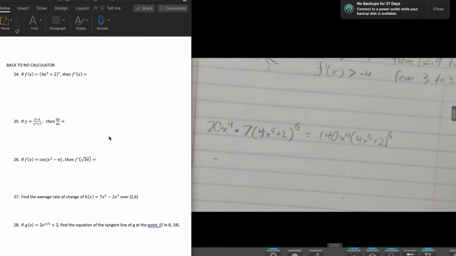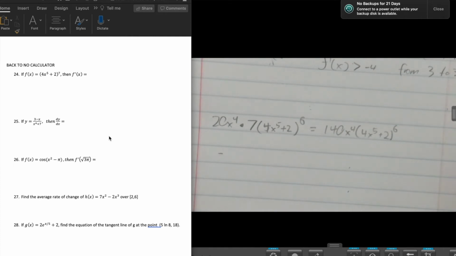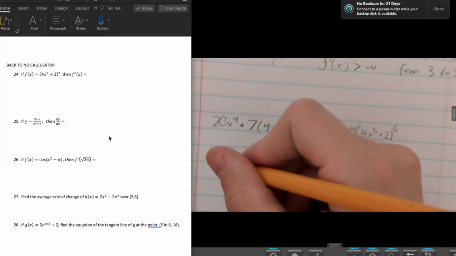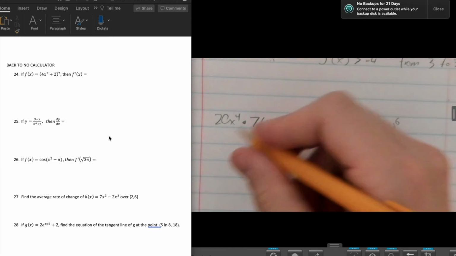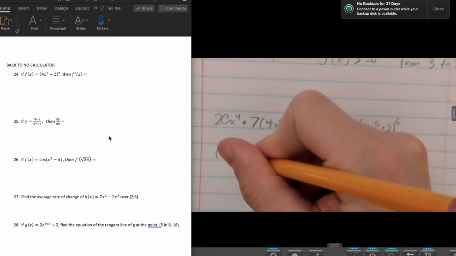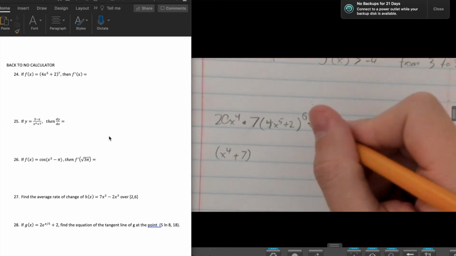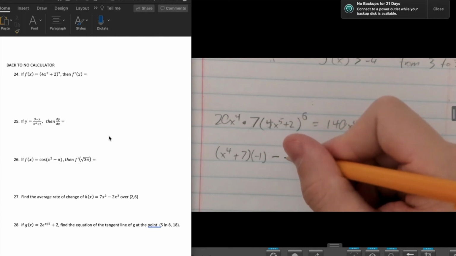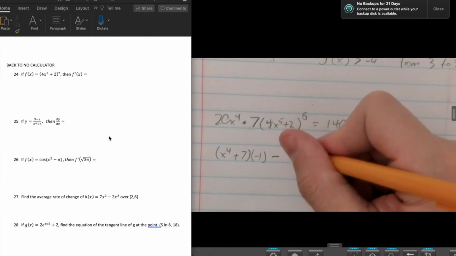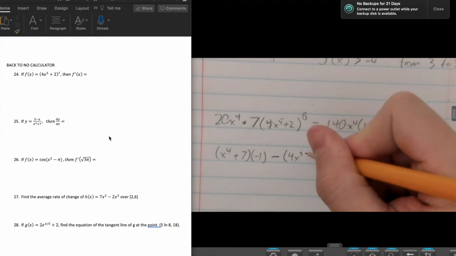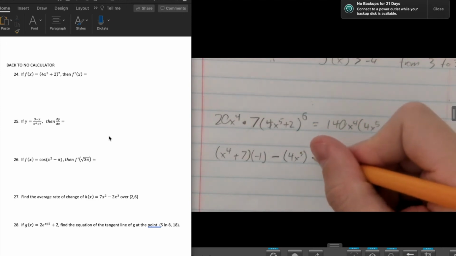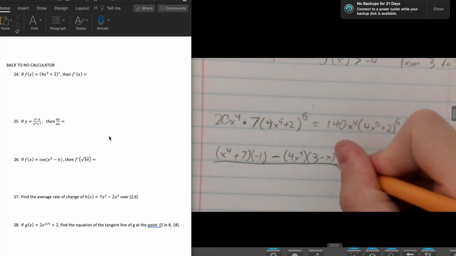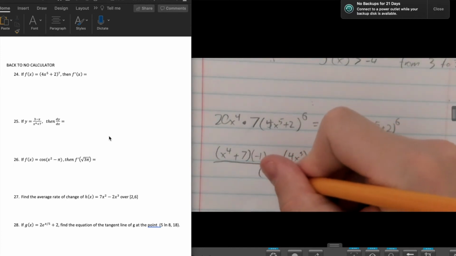25 is going to be a chain rule question inside of a quotient rule. Actually, it's kind of just a quotient rule. But let's see here. Because we have that quotient and we want to derive it, we're going to bring the bottom to the top. Then we're going to derive the top, which will derive to negative 1, minus sign. Now we're going to derive the bottom, which will be 4x cubed, and the 7 derives to 0. And then we're going to keep the top, which will be 3 minus x. And that will be all over the bottom